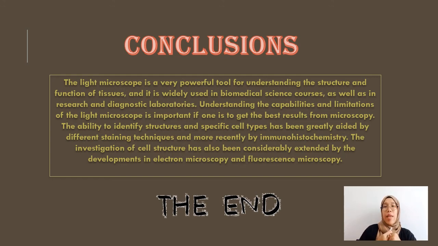The ability to identify structure and specific cell types has been greatly aided by the development of staining techniques and more recently by immunohistochemistry. The investigation of cell structure has also been considerably extended by the development of electron microscopy